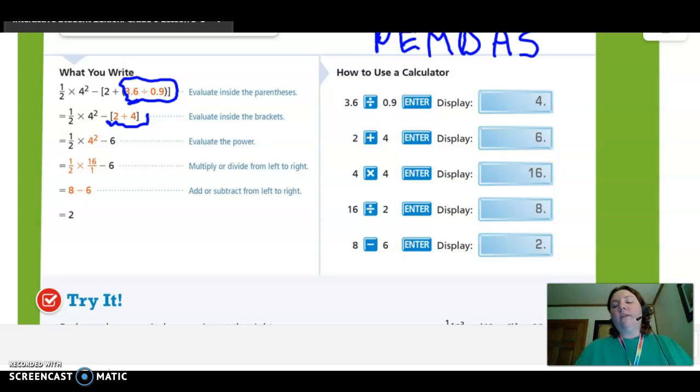Now, for those of you very early on when we did our How I Like to Learn activity the very first day of school, several of you voted a strong 5 for I like to learn math using technology. And so one thing I love about this example is that it shows us right here those steps that you could use to check your work using a calculator or a tech tool to help you out. Please be sure to pause the video and follow along and read those steps. Get out your calculator and do these steps to make sure that you know how to complete them on your own before you move on to the